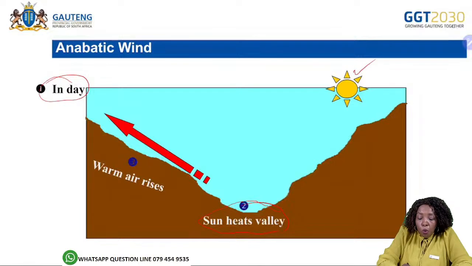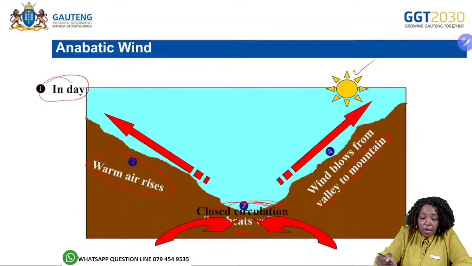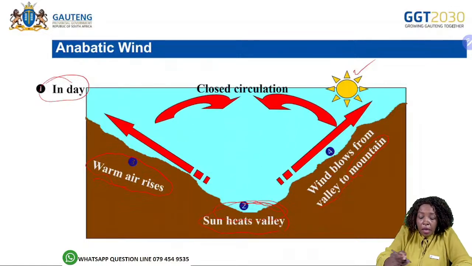So when heat accumulates on the valley, warm air would be forced to rise. So we've got warm air that would rise up the slope. And these winds that blow from the valley to the mountains, we refer to them as the anabatic winds. And mind you,